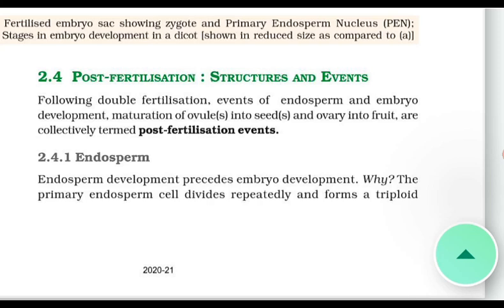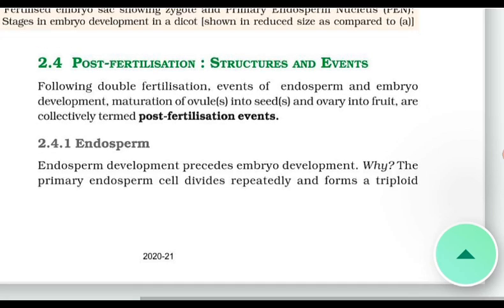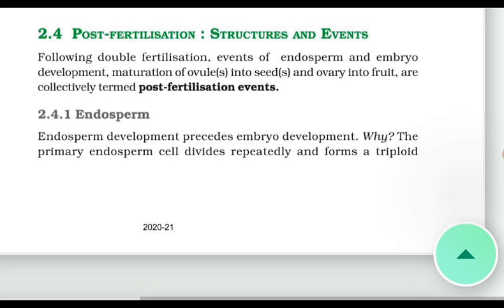Next is pollen-pistil interaction. Pollination does not guarantee the transfer of the right type of pollen. Compatible pollen of the same species should land on the stigma. Often pollen of the wrong type, either from another species or from the same plant if it is self-incompatible, also lands on the stigma. The pistil has the ability to recognize the pollen, whether it is of the right type, that is compatible, or of the wrong type, that is incompatible. If it is of the right type, the pistil accepts the pollen and promotes post-pollination events.